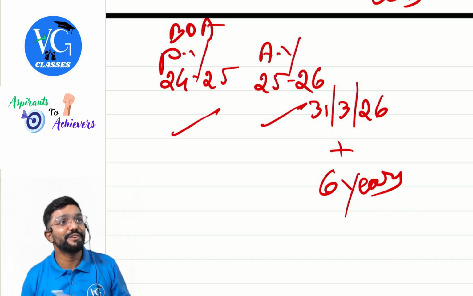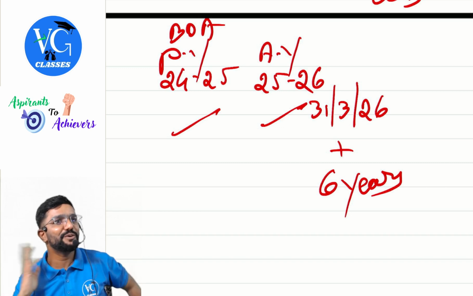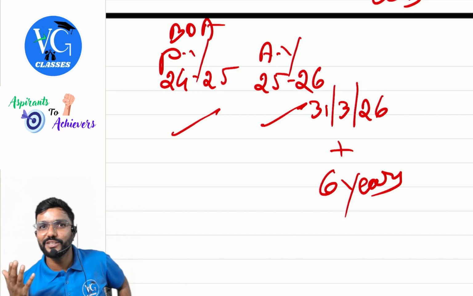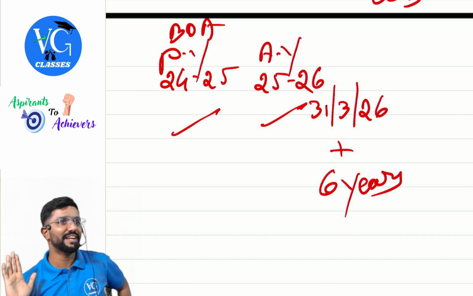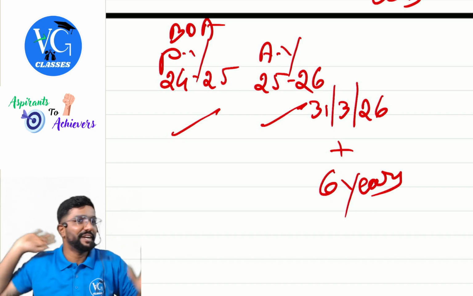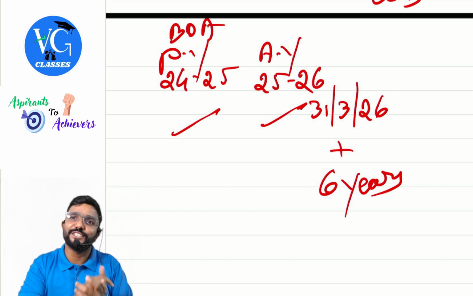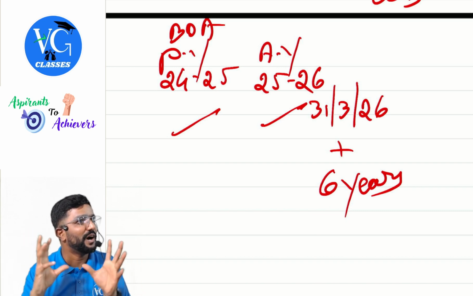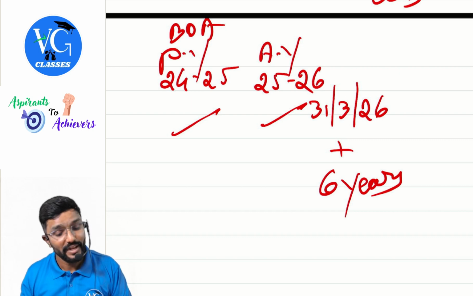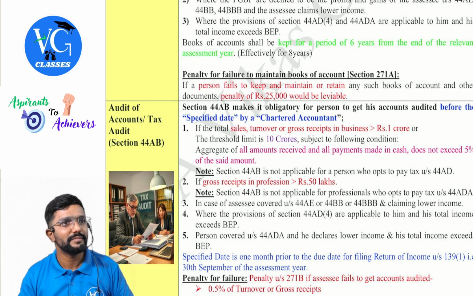Clear? Yes. Sir, after the exam attempt, I will throw my books, I will put them for scrap. No, you cannot take that risk. You are doing CA, boss. Anyone took that risk? Never. CA students will never. Even if they are very sure that they will get an all India rank, for safety they would have kept it. Clear? Sir, once the year ends, shall we throw our books of accounts? No. You have to keep them for 6 years from the end of the assessment year. And even after that, can I maintain? Yes. Madam,